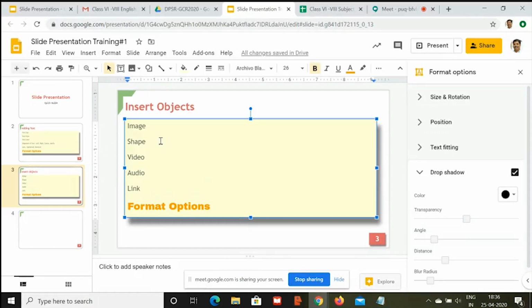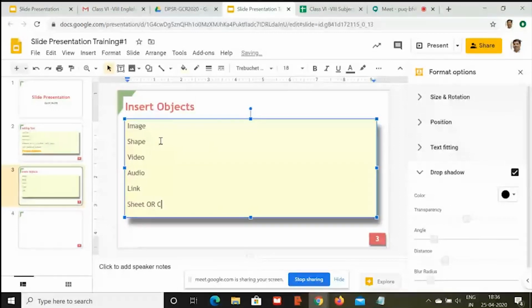Now suppose I don't want this to be in orange color. I want to continue with this. So I'll press enter here next to this and I'll be catching up the format of the previous text. So here I would like to add something which is going to be a table from the Google Sheet or chart from the Google Sheet.